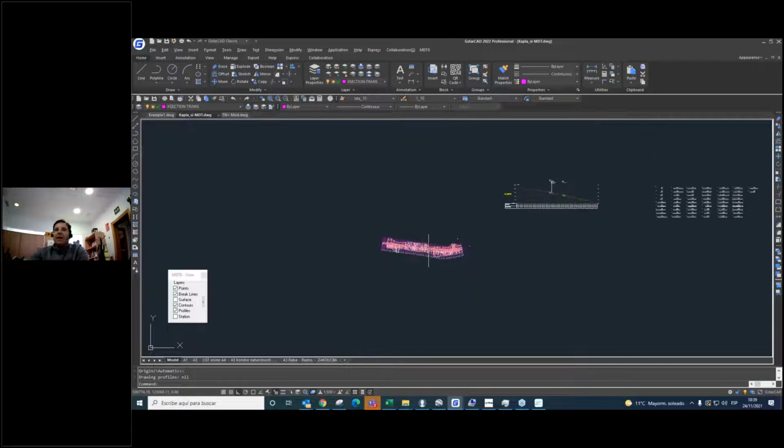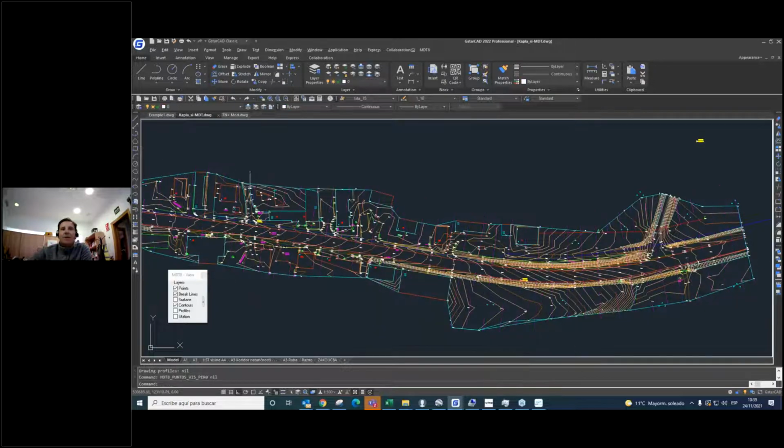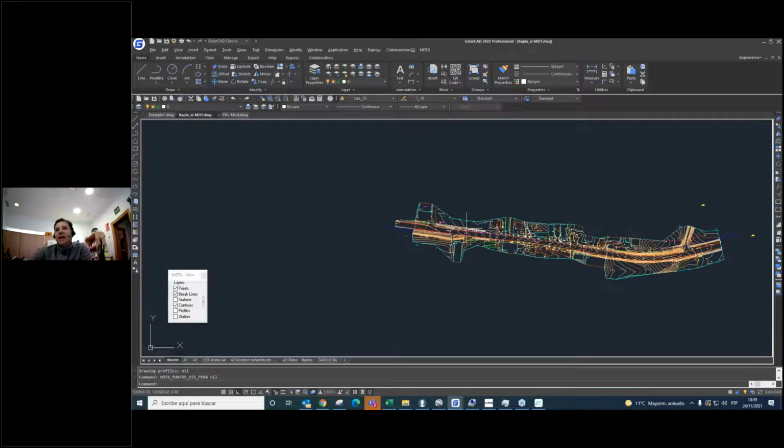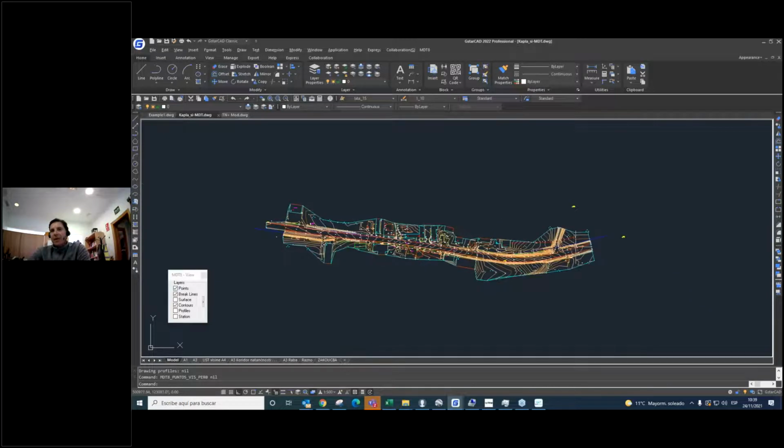So this example is a good example to create, for example, a civil engineering project to reinforce this road. For this case, I'm going to hide the profile. To clean up, I'm going to design one road to follow the old road.